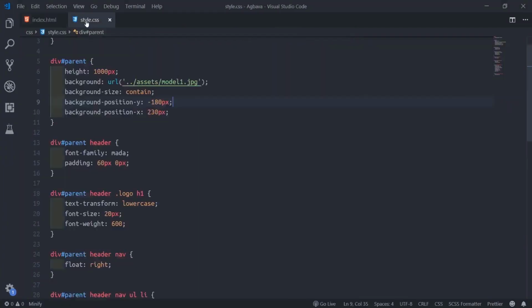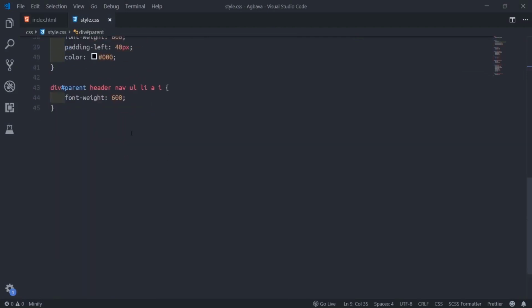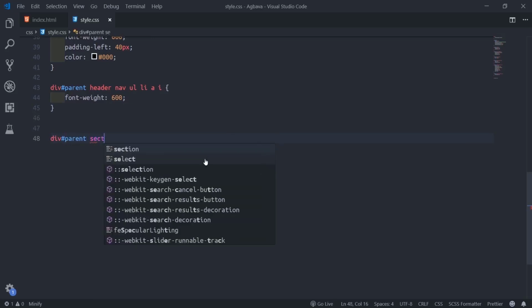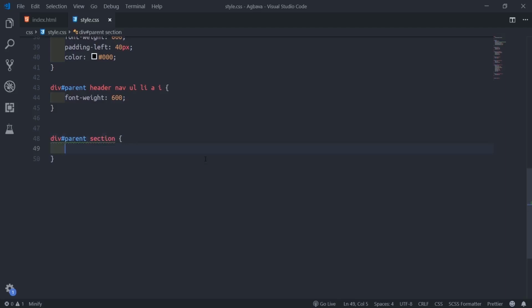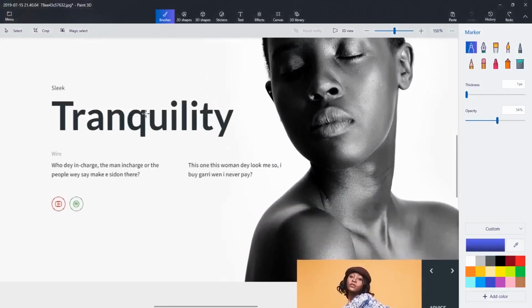So quickly now, I'm going to my CSS now, and the first thing I go do now, I'll come down after this one. I'll say target the section inside this parent now. Target the section inside this parent. So based on how I go shift that thing come down here, I don't want to use padding for this place.